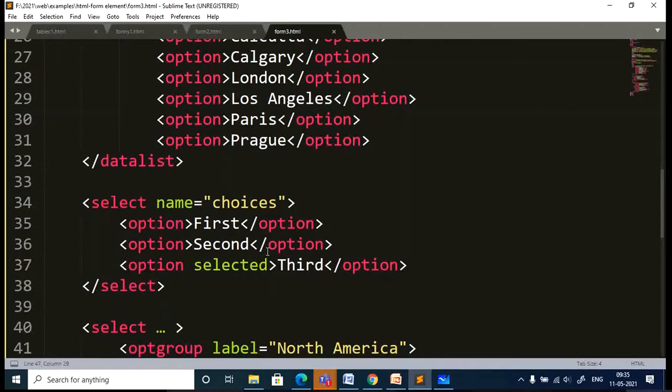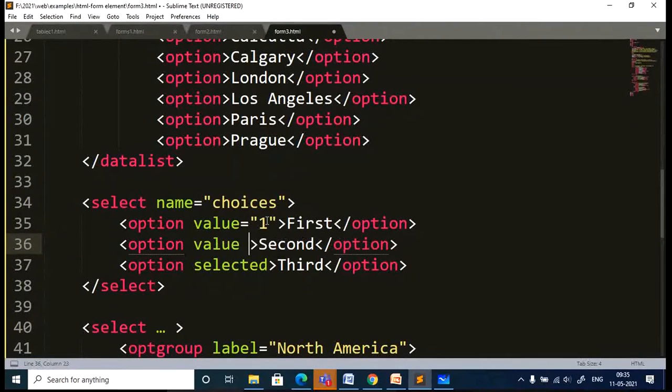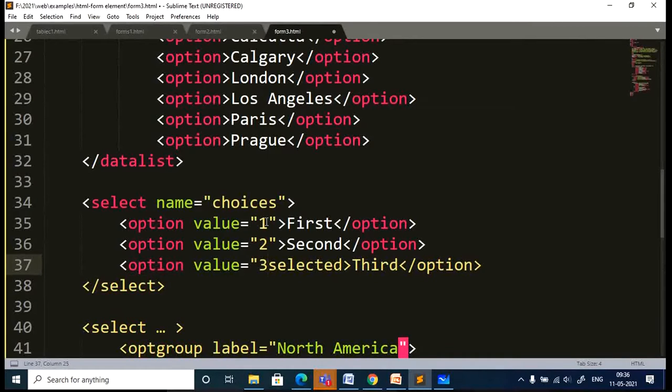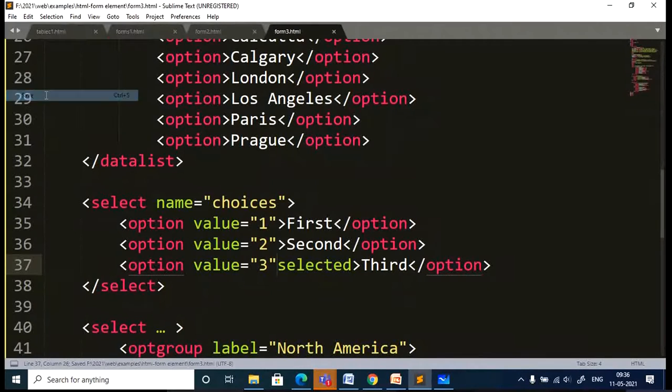The value is, which option is selected, you need to specify. So here I'll just give 1 for the first option. Similarly, value equal to 2. If you are using a laptop parallelly, you can do it. Now you may not see any changes in this. I'm just talking about the first one, where we have specified for second, third, and the list.